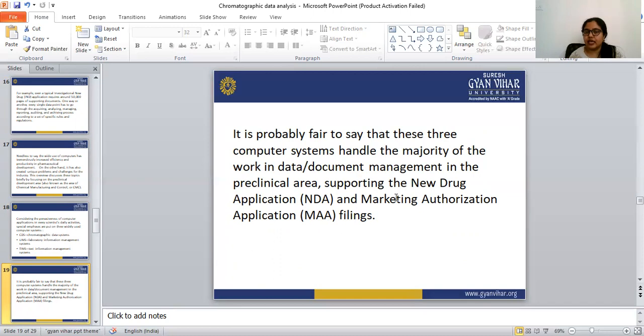With the help of the CDS, LIMS, and TIMS, we can file the new drug application and marketing authorization application, because these three computer systems have almost all the data and the documents.